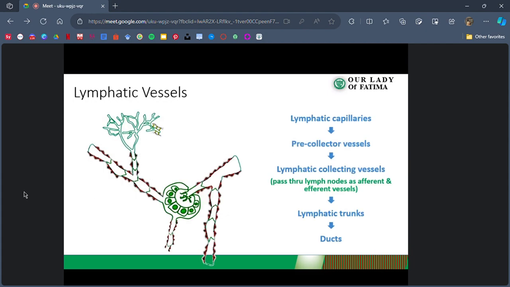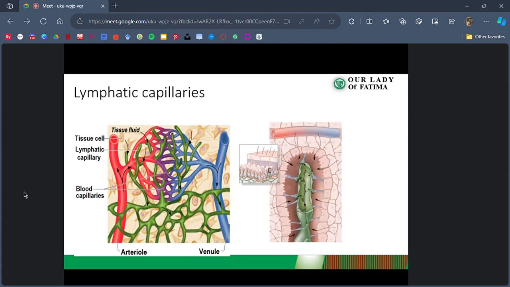This is the series of lymphatic vessels that aim to return lymph back into the circulation. It begins with the lymphatic capillaries, which are found around blood capillary beds. Lymphatic capillaries are also called terminal lymphatics because they are blind or close-ended thin-walled tubes composed of a single layer